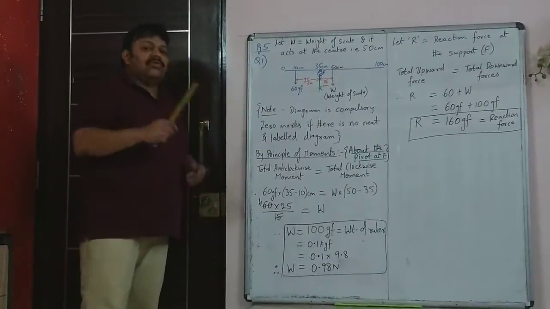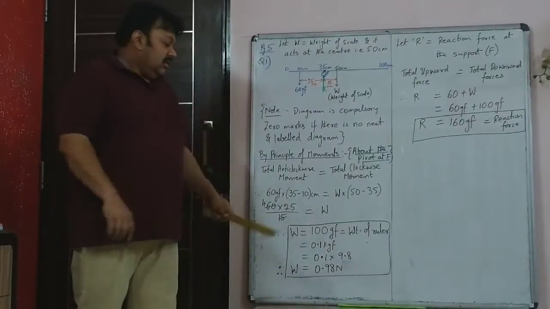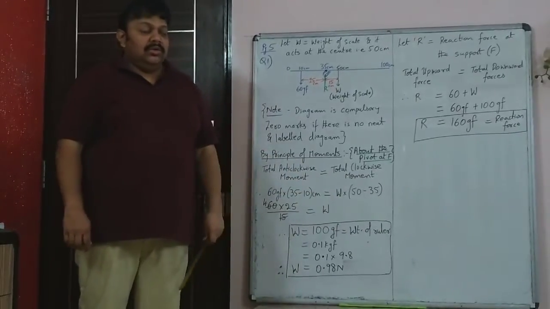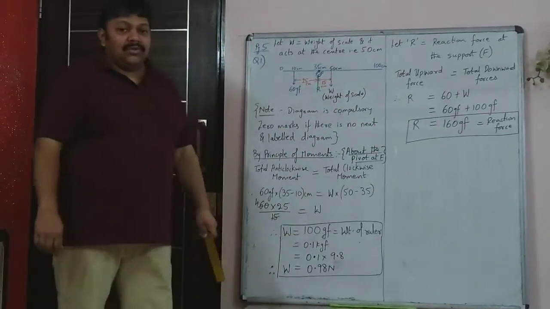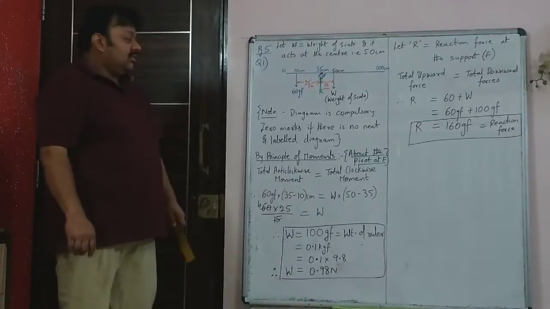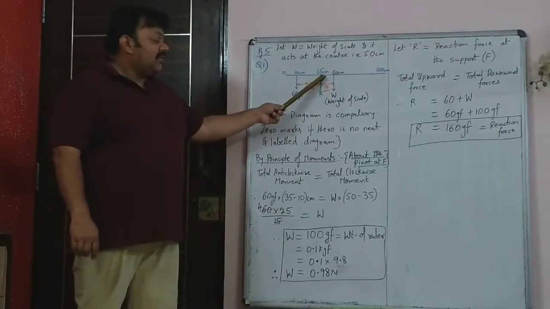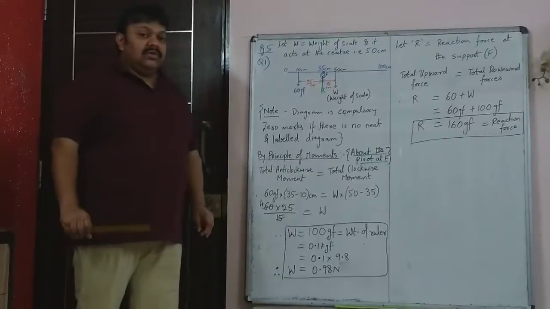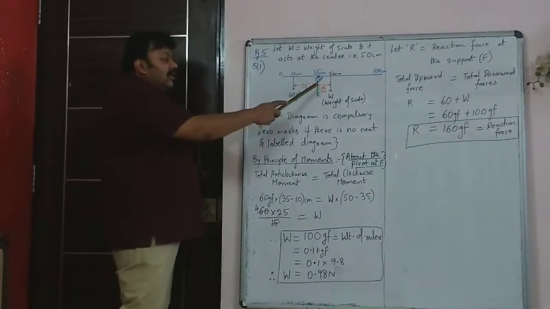So now we have just two formulae that we use in this entire chapter. One is total anti-clockwise moment is equal to total clockwise moment. And the second is total upward force is equal to total downward force. So first we will see the principle of moments, and we are taking all the moments about the pivot, that is this point which is the 35 centimeter mark. So what is moment of force? It is the force into the distance between the force and the fixed point.